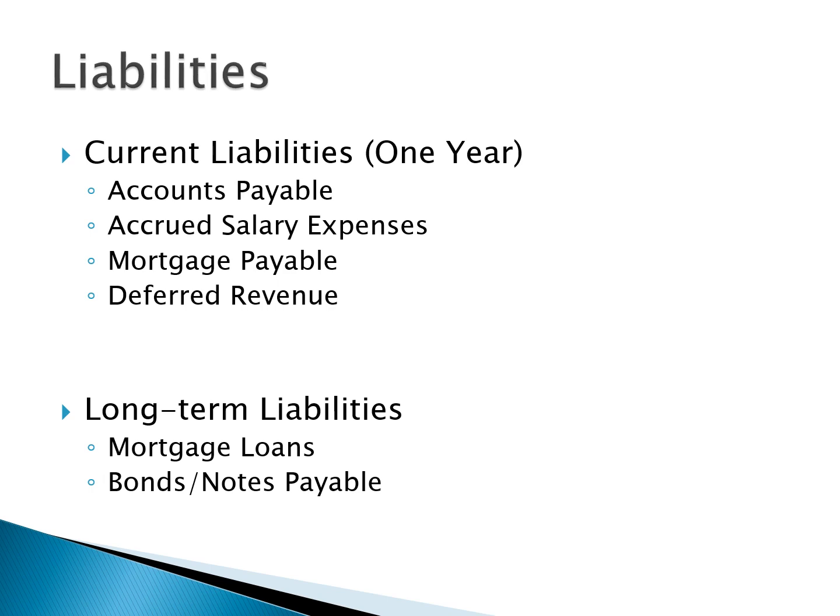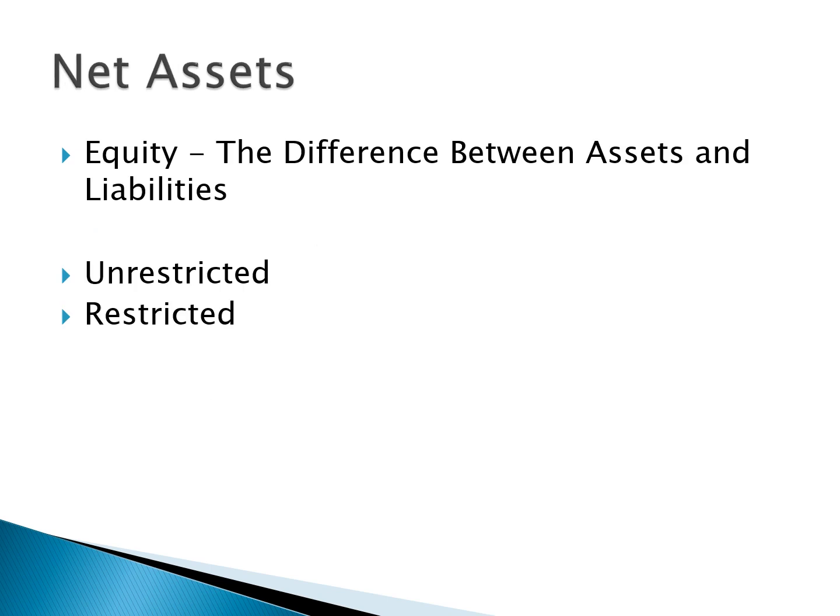long-term liability. Okay, and so the difference between our assets and our liabilities is called equity, or it's referred to as our net assets. Hopefully, if we're running a successful organization, our net assets are positive, so we have more assets overall than we have liabilities. And on the financial statement, it's going to be divided into two categories. So unrestricted net assets and restricted net assets. Unrestricted is available to be spent by the organization at any time. And we can spend it on the light bill, we can give ourselves raises, we can hopefully spend it on